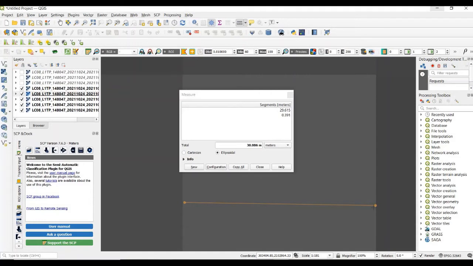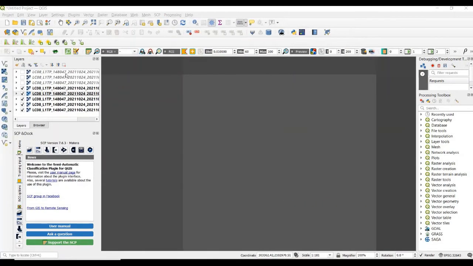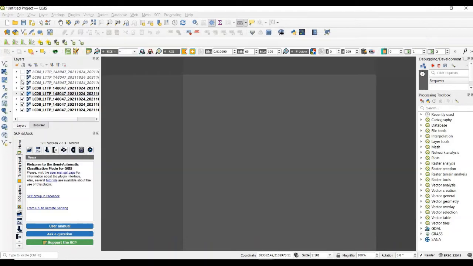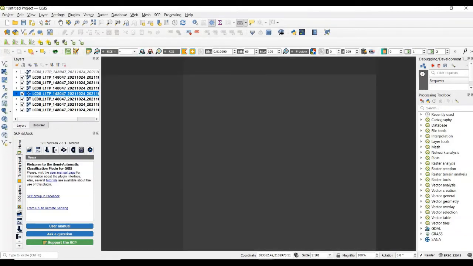So let's close. After that, click semi-automatic classification plugin or band set. So we are going to click semi-auto classification plugin. So refresh here. Here those bands will upload in layer panel.